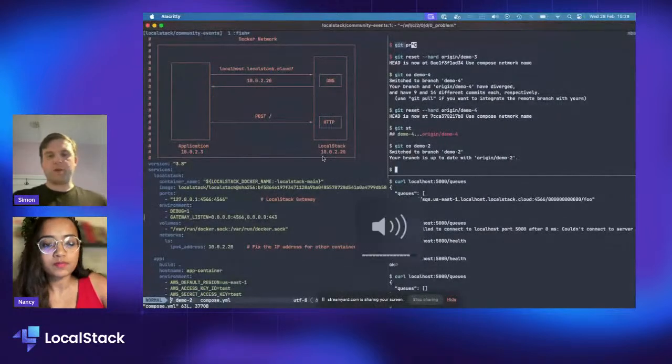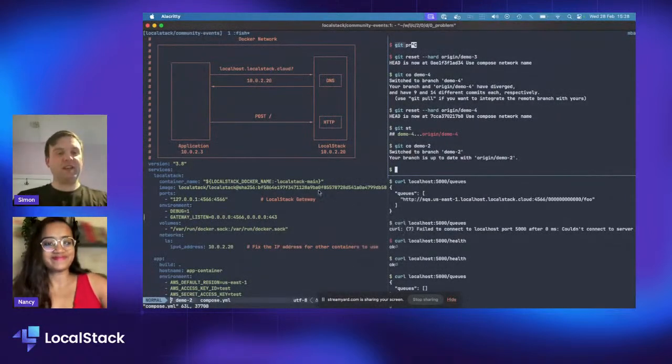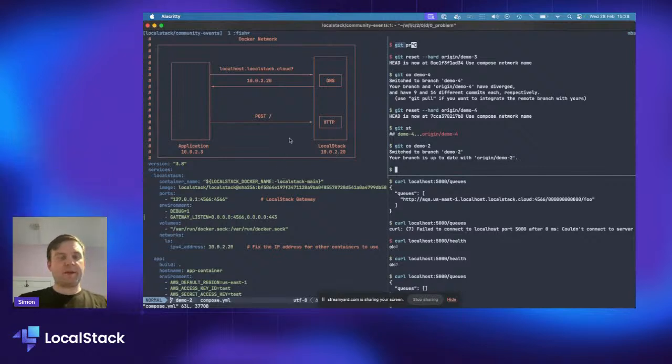Okay, so where were we? Apologies for that. So I was talking about DNS. So one of the challenges that I mentioned earlier is that